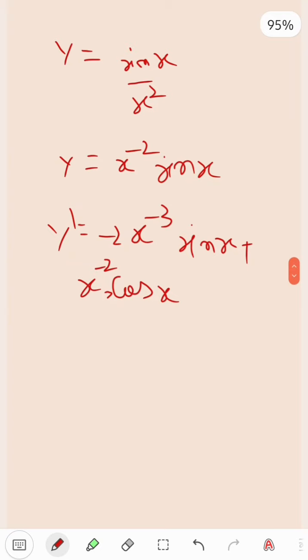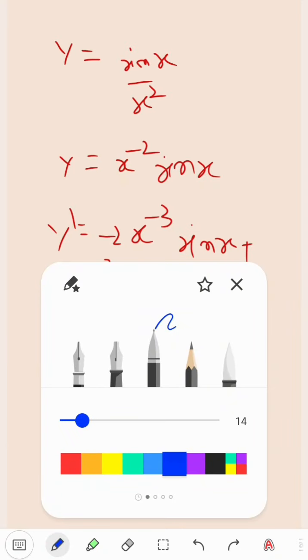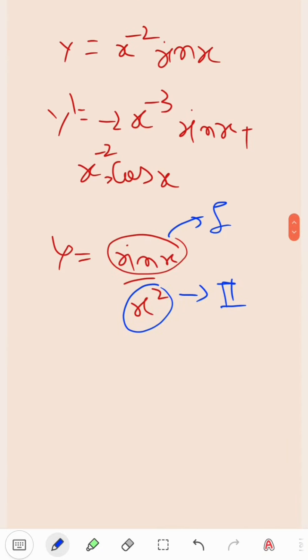Or we have another rule for this type of equation, which is the quotient rule of differentiation. So y equal to sin x by x square. Let's say this is method 2. Now let's say that sin x is our first function and x square is our second function. Now we have to find y dash. So y dash is what? Derivative of first function, meaning derivative of sin x, which is cos x, into second function as it is,